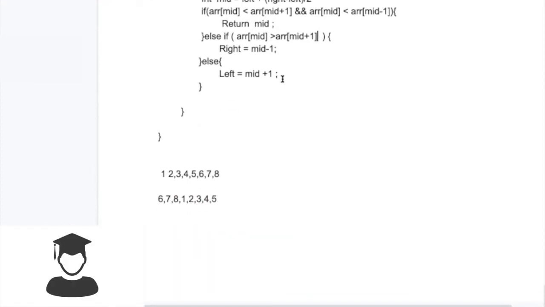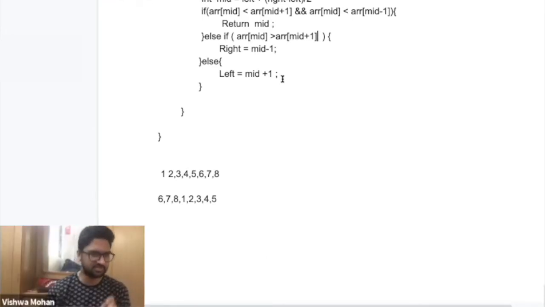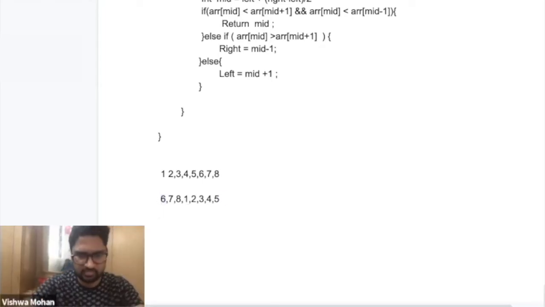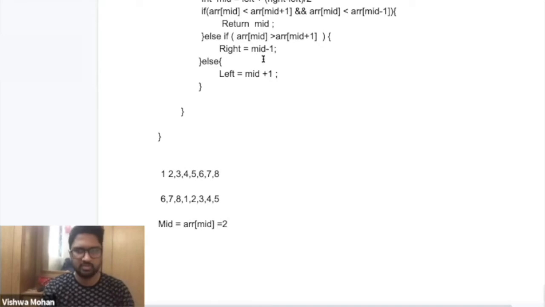Okay. I think you're moving in the right direction. You just have to look for the right condition. The first time when you came inside the loop, you find the mid value here. So in this array, if you see the problem that I have given, the mid position is this one, the 4th, 0, 1, 2, 3, 4. And the value at the mid position, array of mid, is 2, right? And 2 is not satisfying whatever I have written in the if condition, right?